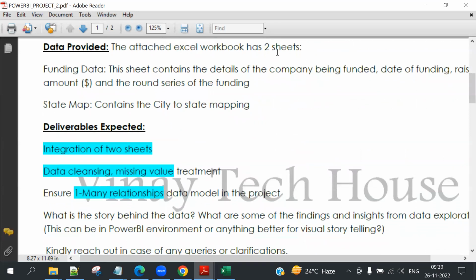The attached Excel workbook has 2 sheets. Funding data, what it has. State map, what it has. Deliverables expected: this is what they are expecting. Kindly read it and answer me.